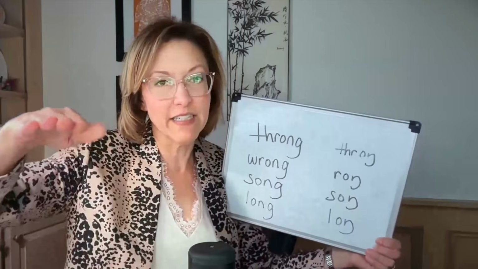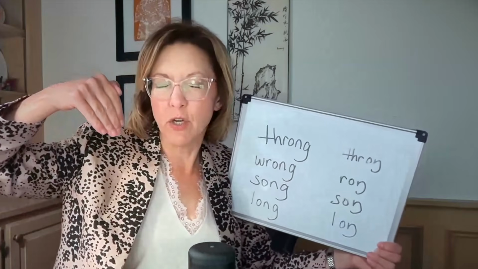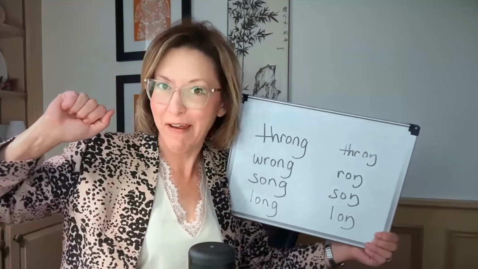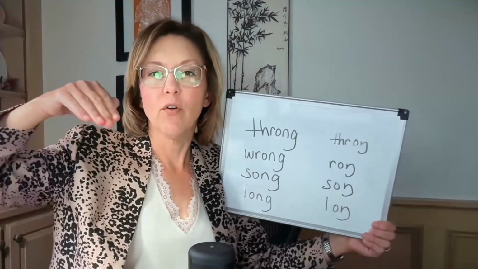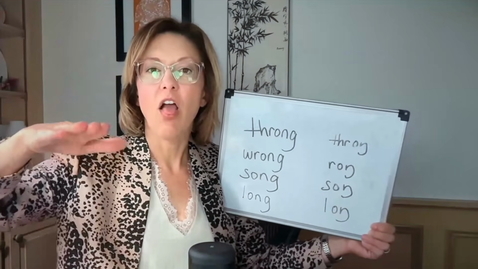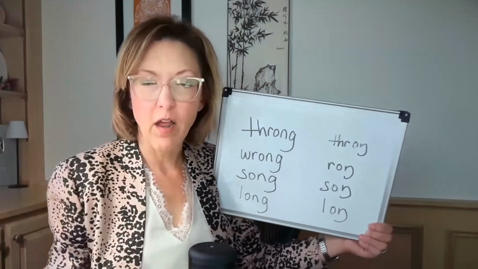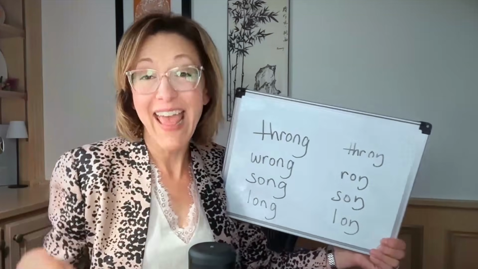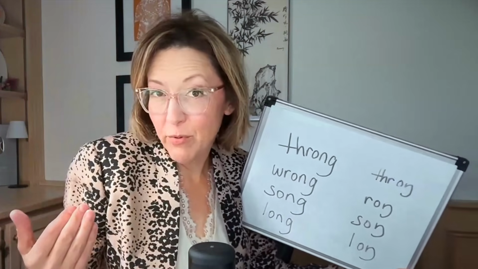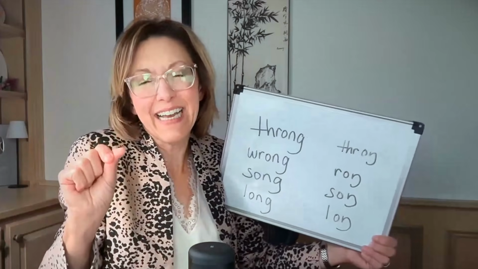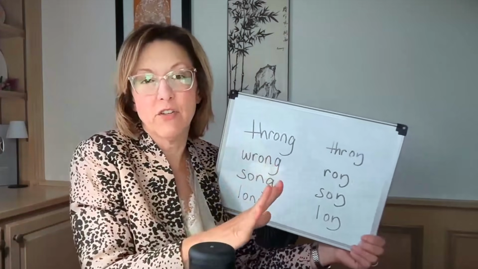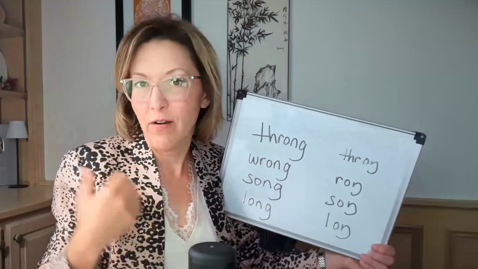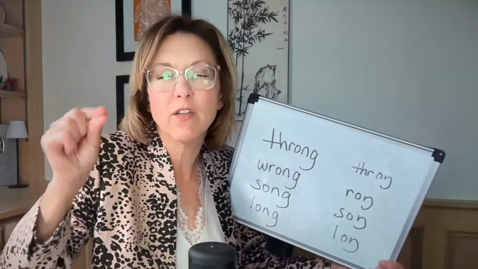So we're going to say that TH. Pull the tongue in. Don't touch, don't touch, don't touch. Either point it down or flip it back for the R. Are we ready? Wrong. Wrong. Throng. Throng. If you have a little bit of trouble with this, add a teeny tiny uh sound between your TH and your R. Throng. Throng. Throng. That's okay. Just make it as short and as quick as possible.